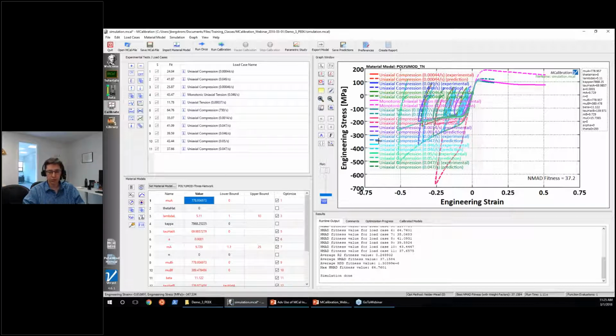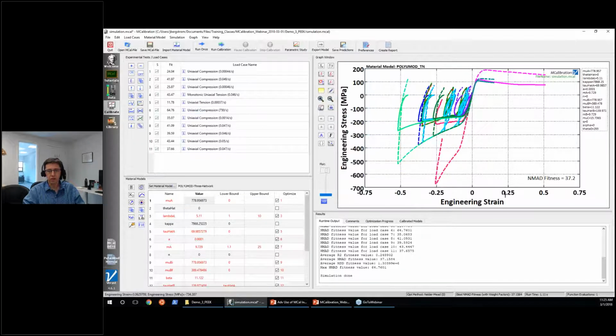Now the graph looks absolutely difficult to read, so I'm going to hide the legend. We can see it a little better because there are so many tests that were part of this. We'll see that the calibration is not particularly good. The dashed lines are the predictions, the solid lines are the experimental data. But we haven't really searched for these parameters yet. I'm going to save this, and